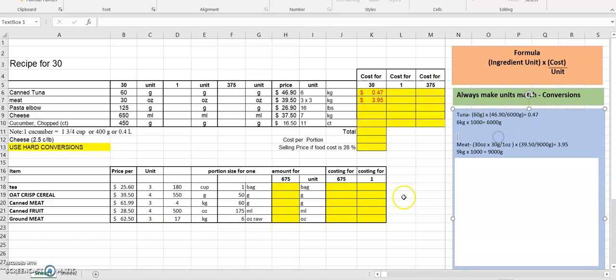Okay, on to pasta. We have 125 grams for $26.90 every 16 pounds. We know we can convert grams into pounds because 500 grams is 1 pound. So again, we're going to multiply this by 1 pound is 500 grams using our hard conversions. Now all of our units match: grams, grams, pounds, pounds. As we punch that into a calculator, we get a total of 42 cents, and that can go into our chart. Again, equals open bracket,